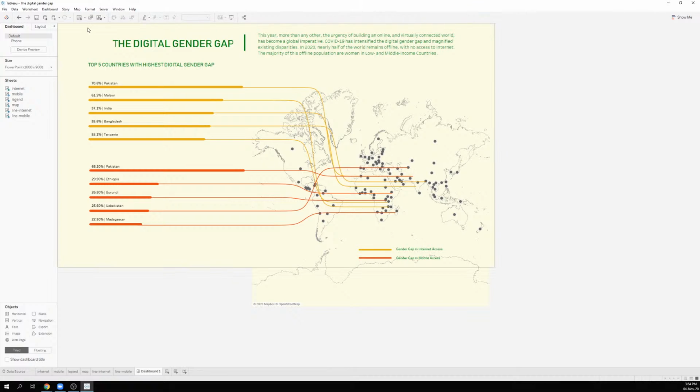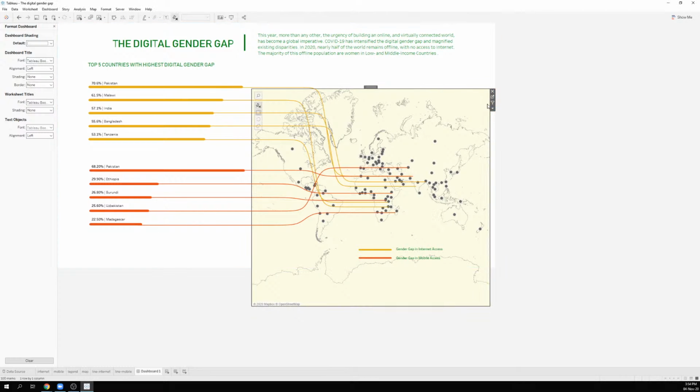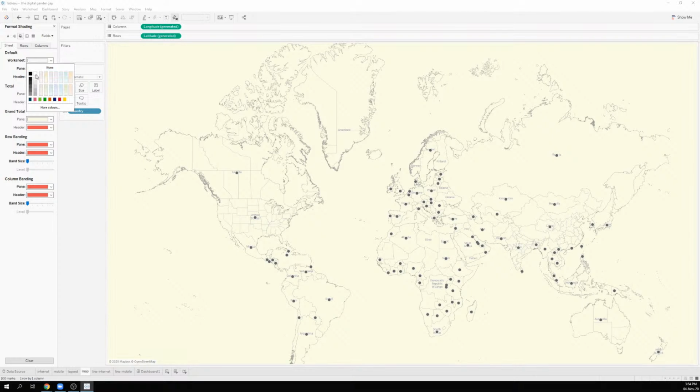And now I'm gonna make the whole thing, format the dashboard. White. And the map also. White. Make it so. Here we go. Okay,